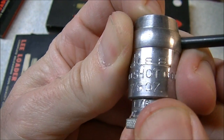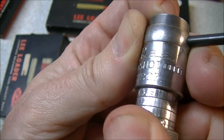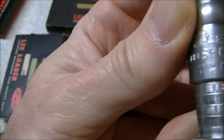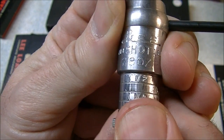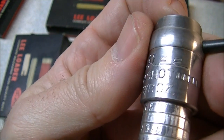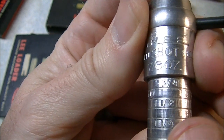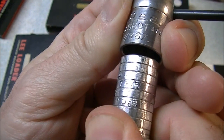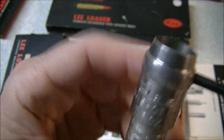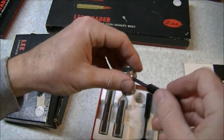1 1/8 ounce, 1 1/4 ounce, 1 3/8, 1 1/2, 1 5/8, 1 3/4. So there you go. It goes all the way out to 1 3/4 of an ounce a shot. So that's a pretty nice little dipper. Anyway, so that's the